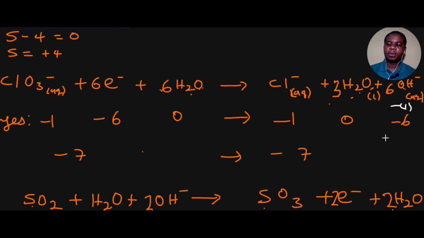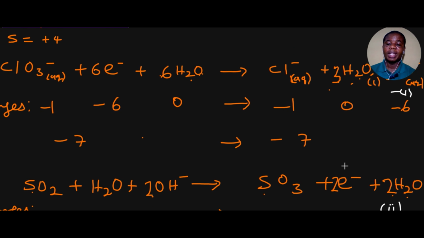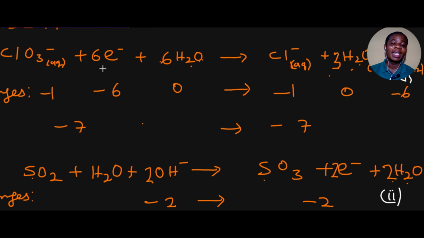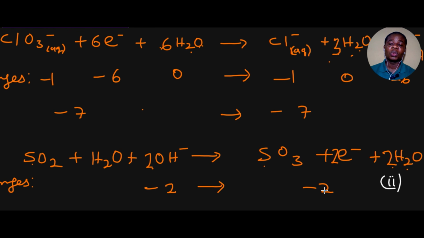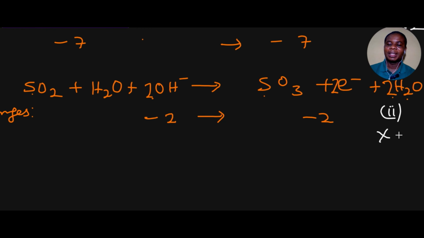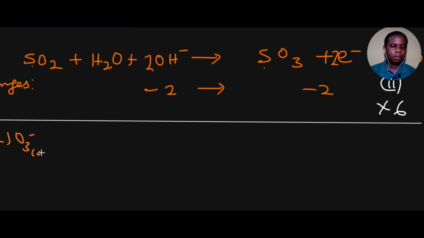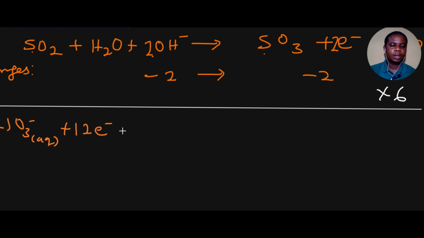This is equation 1 and this is equation 2. We need to look at the coefficient of electrons on both sides. Coefficient of electron here is 6, coefficient of electron here is 2. So what do we do? We need to multiply this by 2. We'll multiply this equation by 2. I'll multiply this equation by 6. Then the equations will be 2ClO3 minus plus 12 electrons plus 12 water molecules